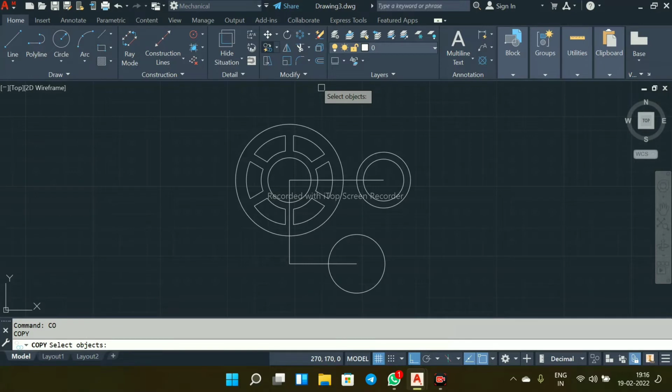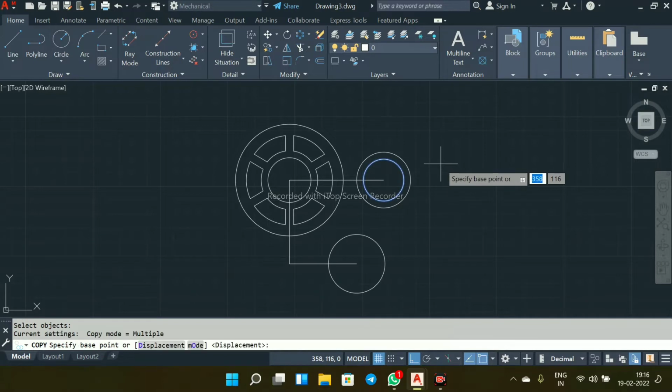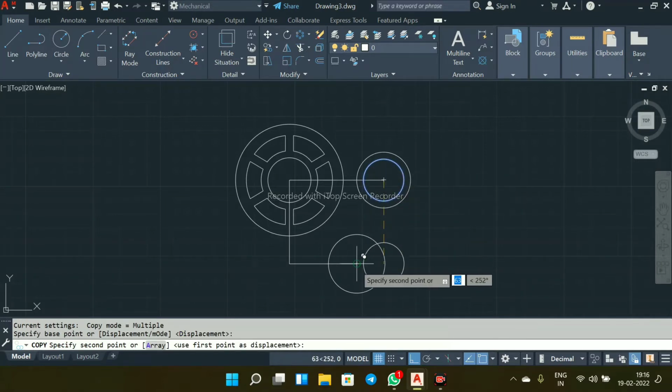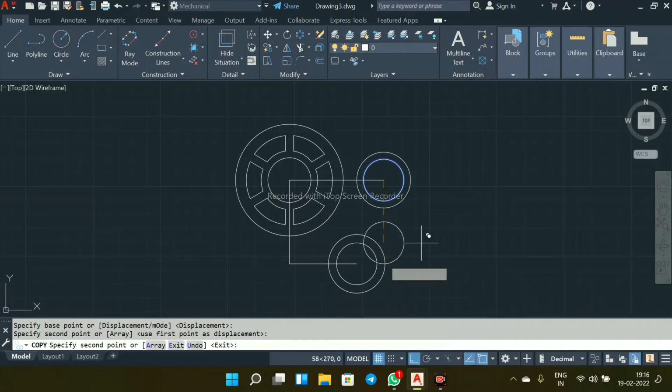You can get it also in Mechanical AutoCAD. So first of all I will select the object. First right click, select the base point and select this end point of the circle.